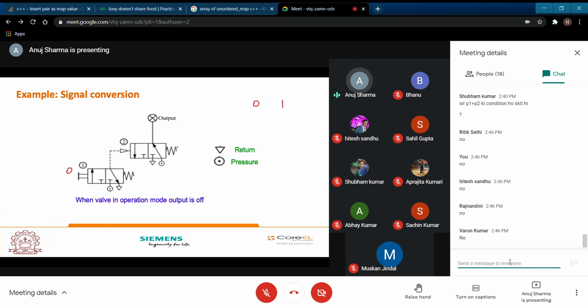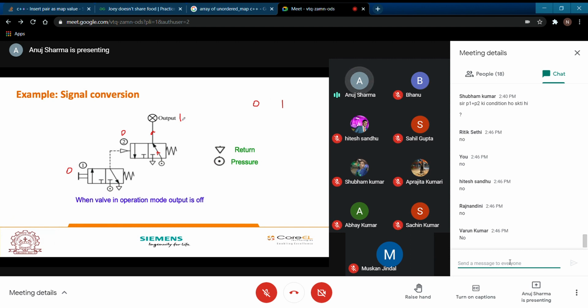Rather, the spring is going to function and this box is going to be in action. Now this compressor is going to give you compressed air, so the output is going to be 1. So at 2 it was 0, here it was 1, and here it is 1.